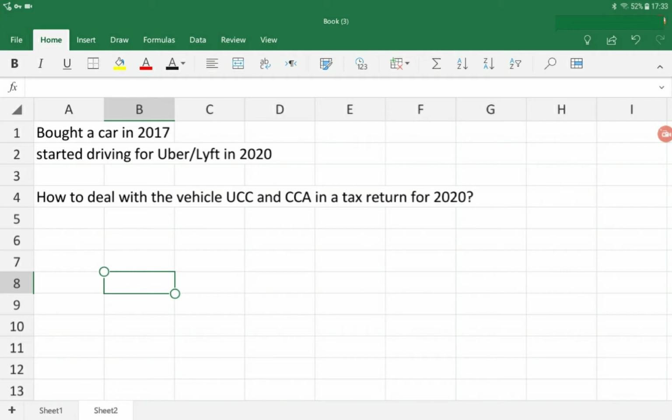So let's say in an easy situation, in year 2020 you bought a car and that was the first year you were driving for Uber, the things would be easy. You would just use the price you paid for the car as the cost of the addition and enter it into the tax software. But because you used your vehicle since 2017 but only started driving for Uber in 2020,